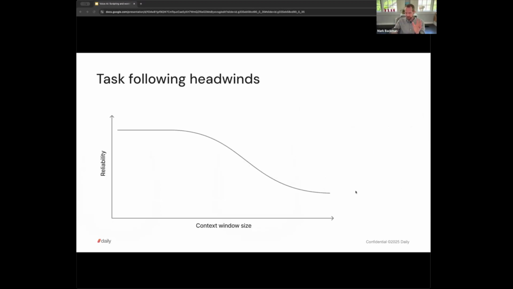I don't have an actual chart, this is just hand wavy of how things might actually look. I don't actually know, maybe someone out there has studied this, but as the context size grows, over the first few minutes of a conversation in the context of real time for voice, task following is going to be pretty reliable. But without fail, and you can hit this fairly quickly, it could be 7 or 8 turns into a conversation, depending on the model that you're working with, the ability for the LLM to provide the desirable output